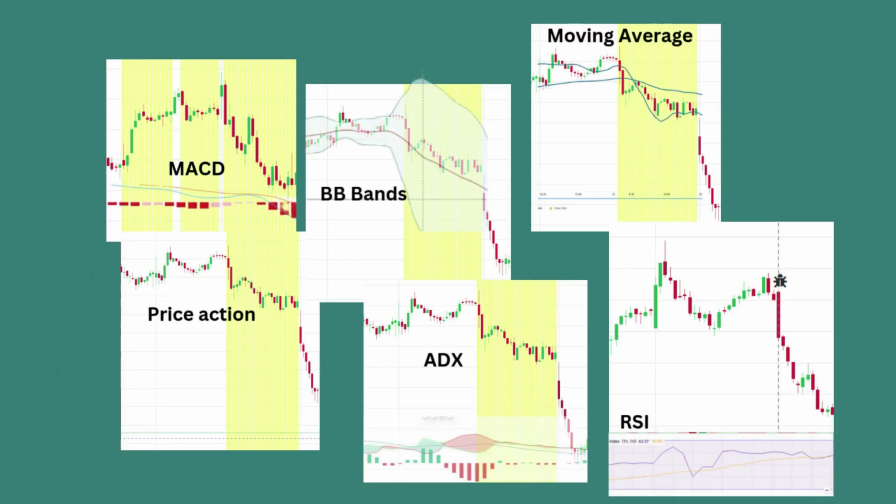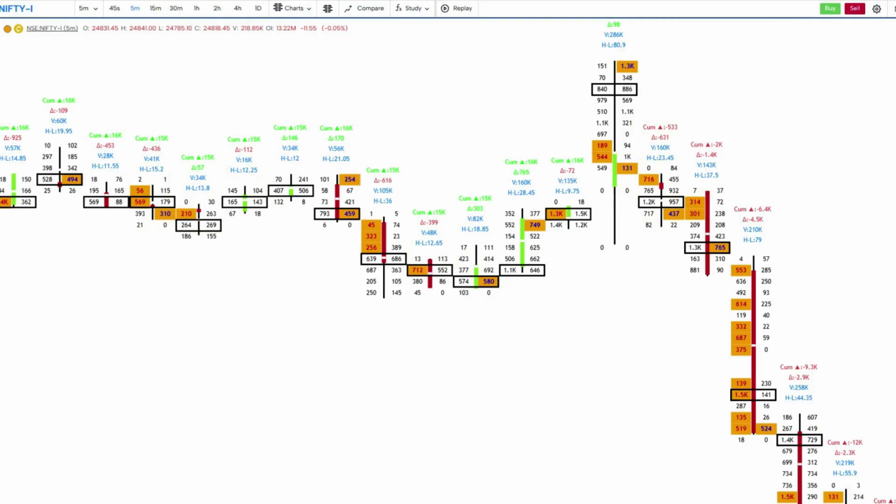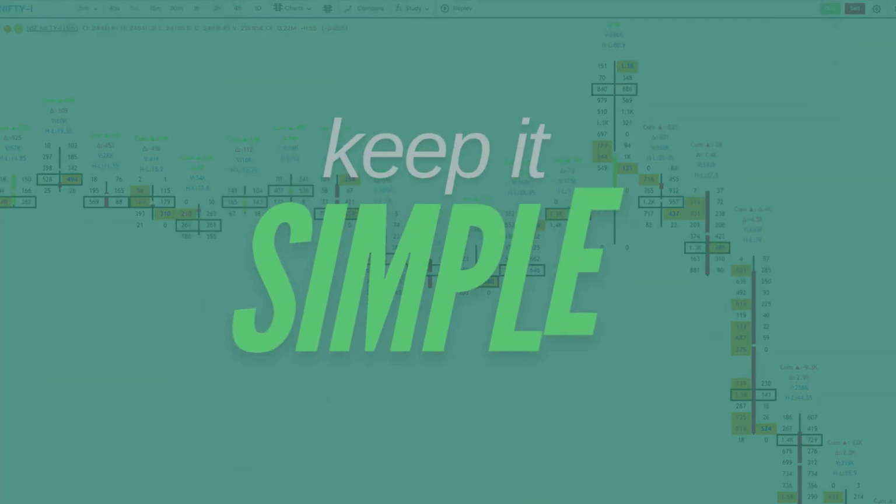I applied multiple methods to see if they could improve the reliability of double tops and double bottoms. I have discovered an interesting method using order flow to trade these patterns. In this video, I will simplify the best way to trade double tops and double bottoms with easy to remember